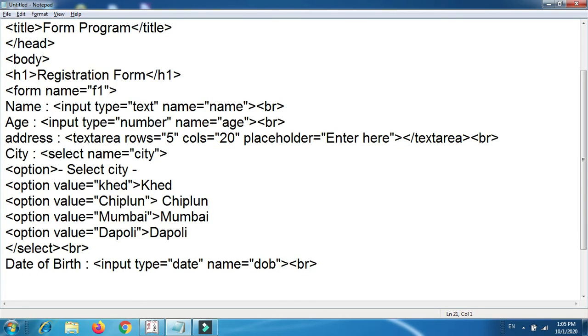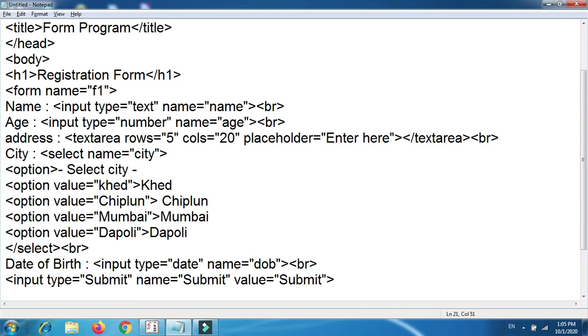After that, these are different types of elements, and now the submit button is required. So directly use input type equals to submit, name is equal to submit, and one more, value equals to submit, fine.